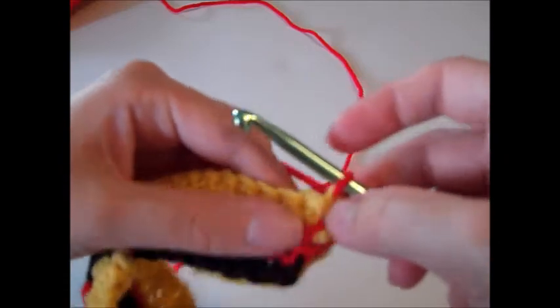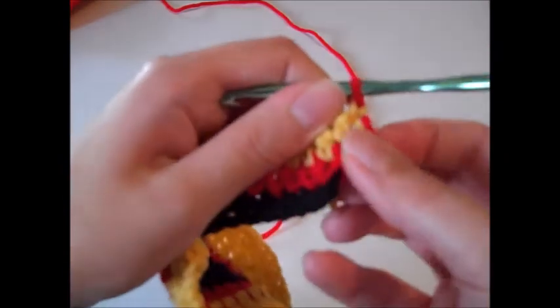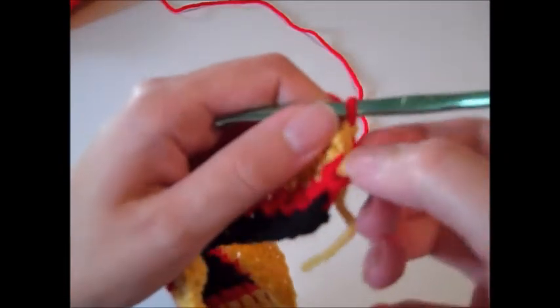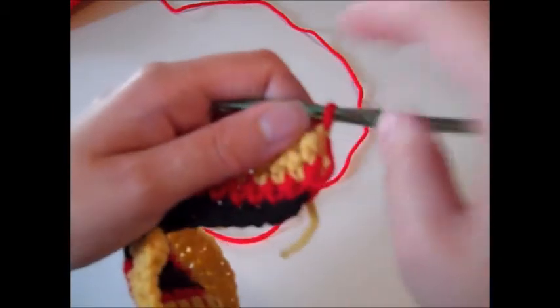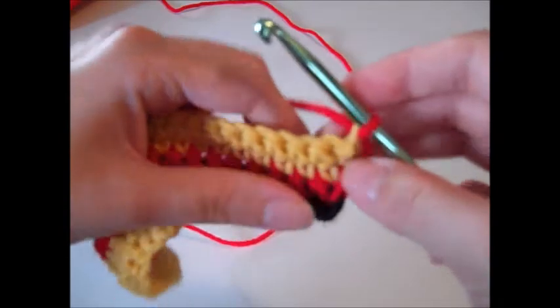Maybe you guys have a different way of doing it, that's fine too. But as you can see, we're going to have this tail here, so make sure it stays loose so you don't cinch your tail together. And we are ready